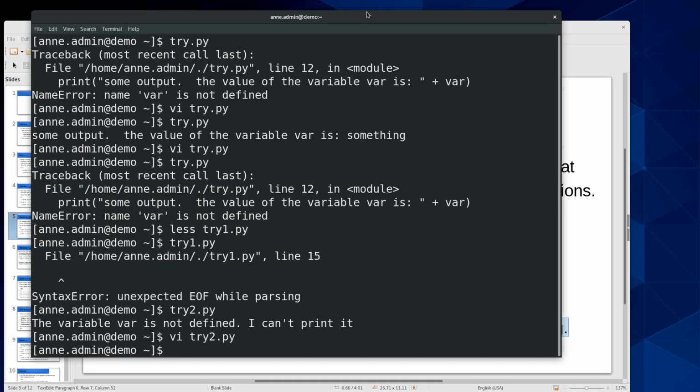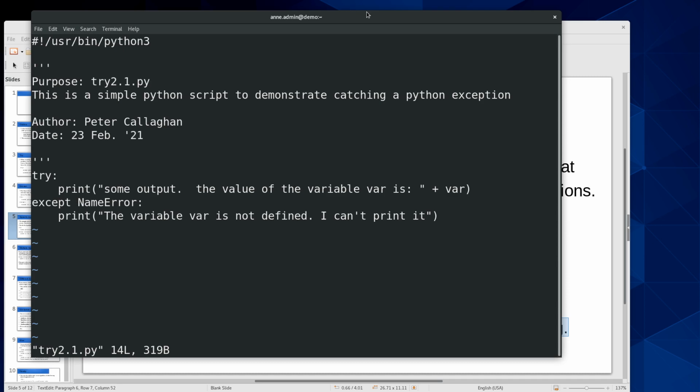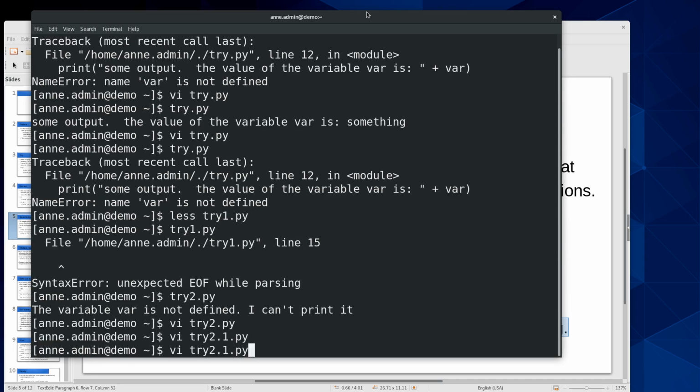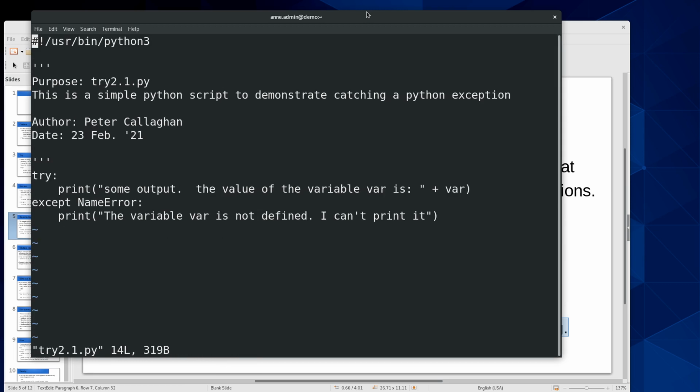So I have put that in try2.1.py. If I run into that name error, all right, variable's not defined. I can't print it. And if I run that, yeah, that works. But if I create a different kind of error,